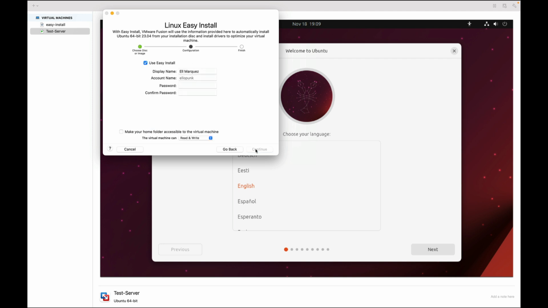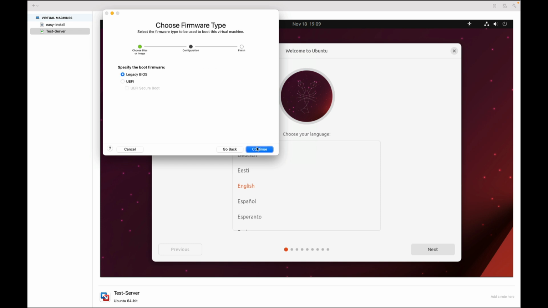Now, one thing that I've actually discovered is there seems to be an issue when using easy install for that Ubuntu desktop. Plus, you know what? I'm showing you the entire process, so let's skip easy install. We'll click continue. For now, I'm going to go into using the legacy BIOS,